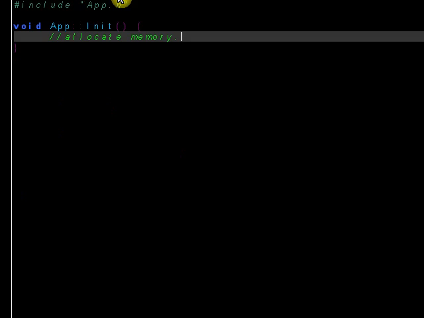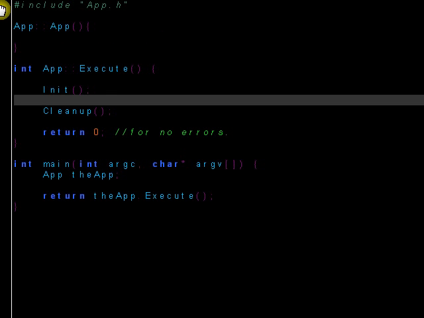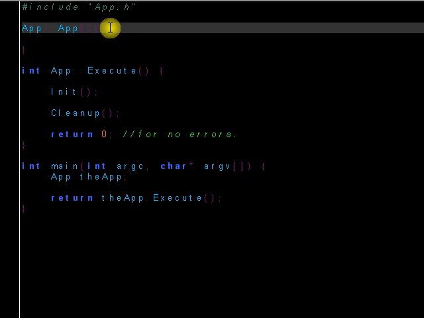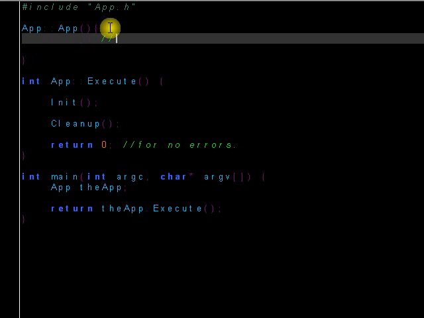And keep these to app.cpp. Keep this the way it is. We can put in here constructor, and